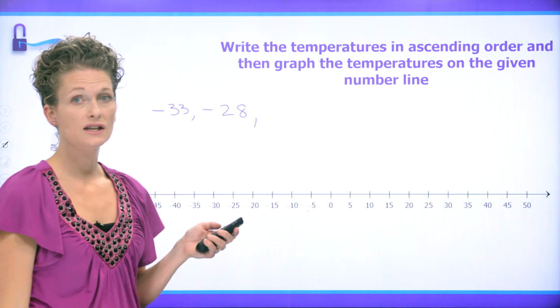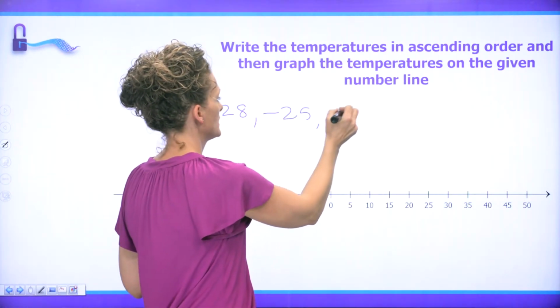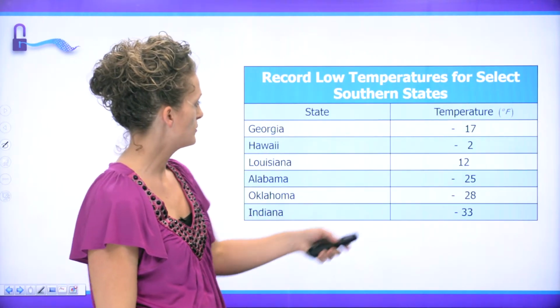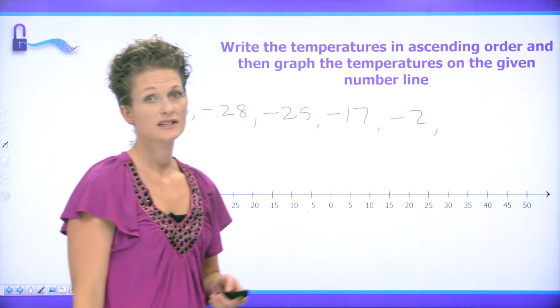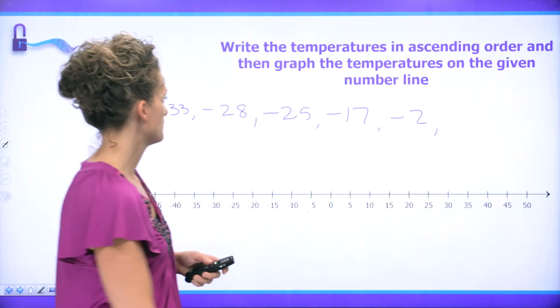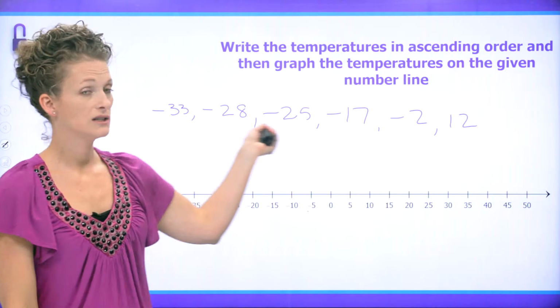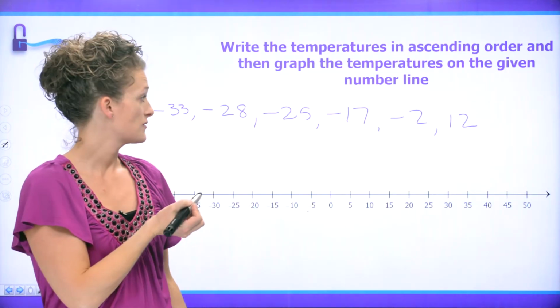Then we had the -25, -17, and that should take care of all but one of our negatives. And then last but not least, we had Louisiana, which was 12 degrees. So here we have it in ascending order from smallest to biggest, and we simply need to graph these points